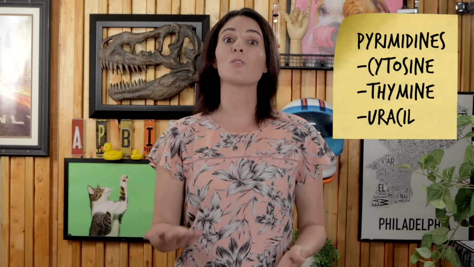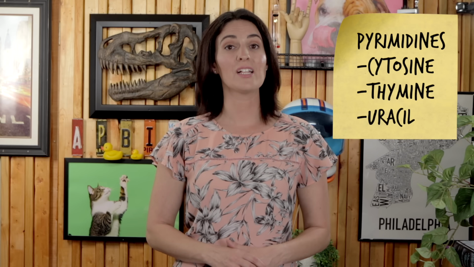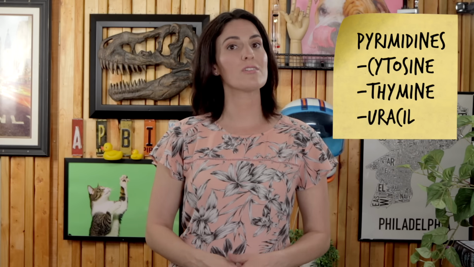The pyrimidines are single-ring nitrogenous bases and include cytosine, thymine, and uracil. Cytosine is common to both nucleic acids, whereas thymine is only in DNA and uracil is only in RNA. Adenine will always bond with thymine or uracil with 2 hydrogen bonds, and guanine will always bond with cytosine with 3 hydrogen bonds. To recap,